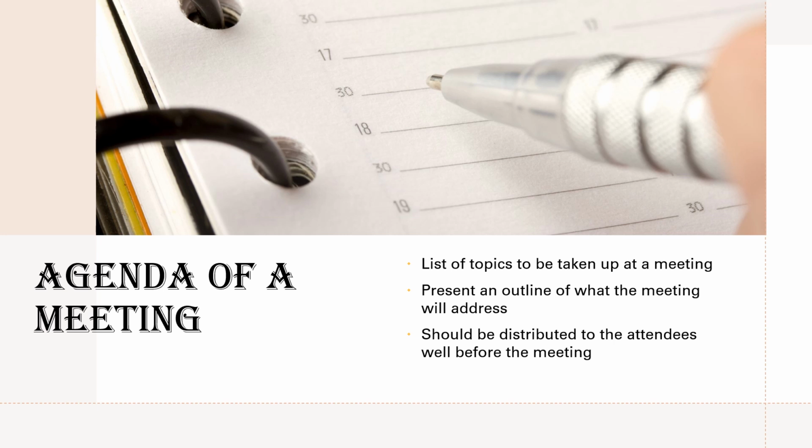And in case you want people to participate or maybe present, then a minimum of 1 week prior to the date of the meeting, the agenda should be given to the people, because you want to give them time to prepare for it. If it is only an informational kind of meeting, then you can give it at short notice. If you want to have a problem solving or a change facilitating meeting, then of course you would want people to be notified quite early so that they have ample time to prepare, so that they know what exactly they will be contributing and how exactly they will be contributing. So this is an agenda of the meeting.